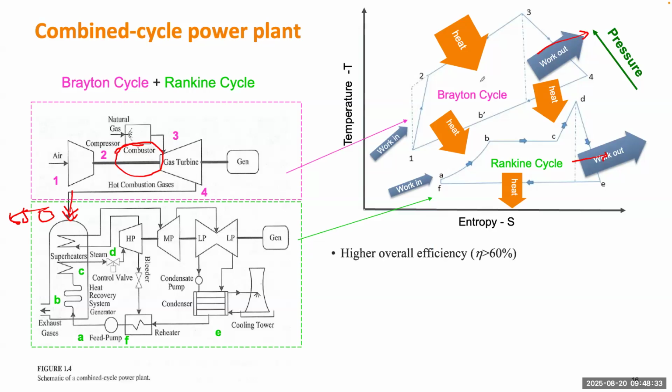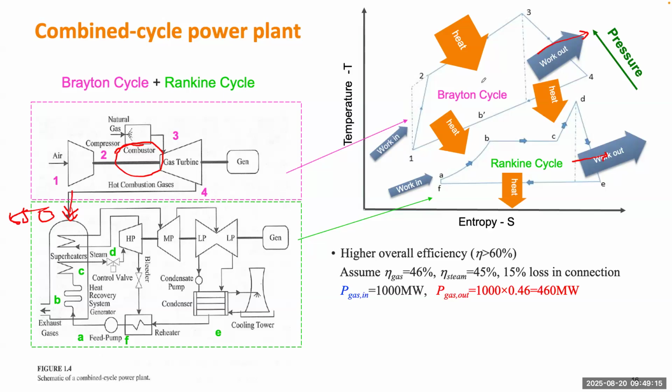work. Okay, so the overall efficiency can reach 60%, higher than 50%, because the overall efficiency will count the areas of both cycles, not just a single cycle. So let's just assume the gas turbine can operate at 46% efficiency, and the steam turbine can operate at 45% efficiency. The connection between the two cycles will lose 15% of energy. Okay, so let's just use those three numbers to do some rough calculation on the overall efficiency of this combined